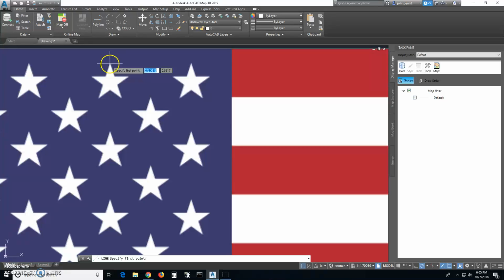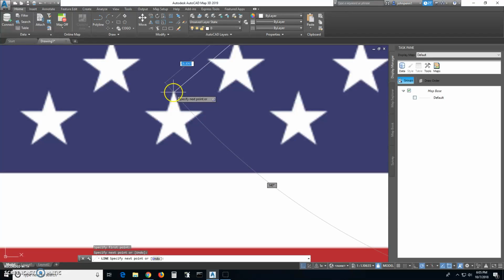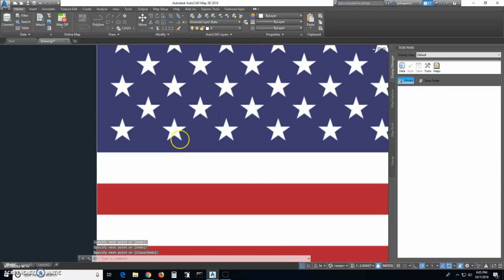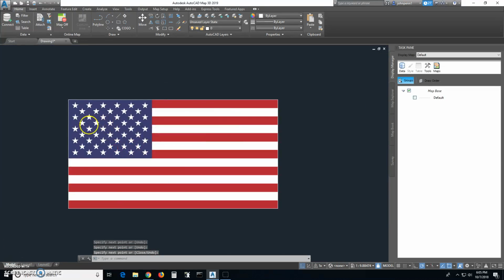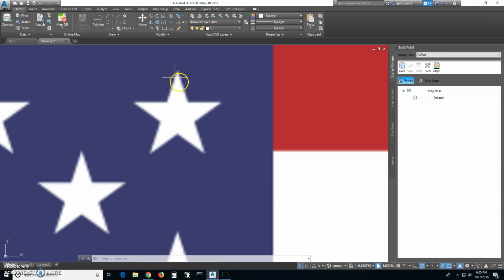from the top of this star to the top of this star, and then bring it all the way down to the top of this star. This will make sense soon enough. These measurements for what I'm doing right now don't have to be super accurate. Alright, now I will draw a rough, quick